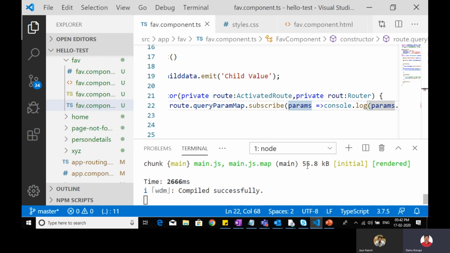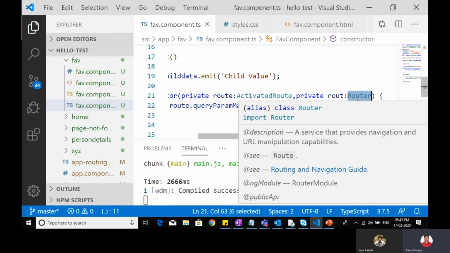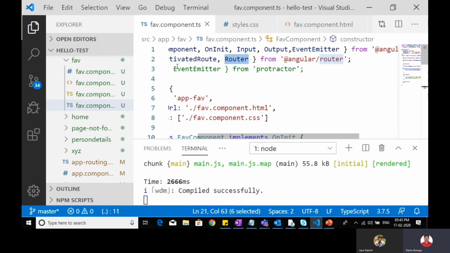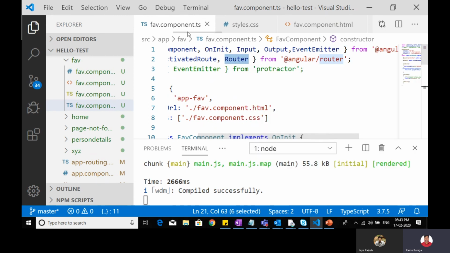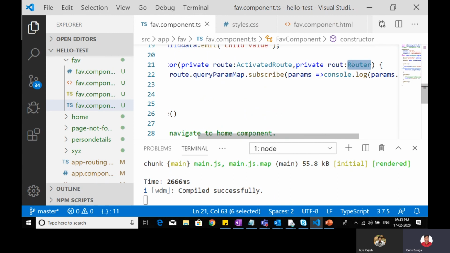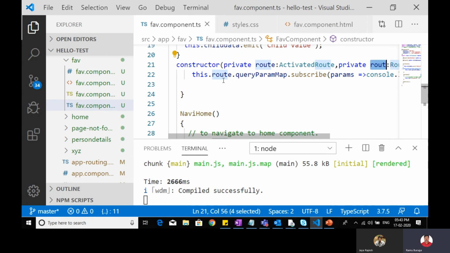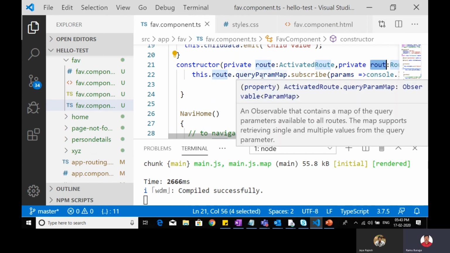In your component, first you have to import the router class, which comes from Angular slash router. This class variable, route, will provide you the property query param map.